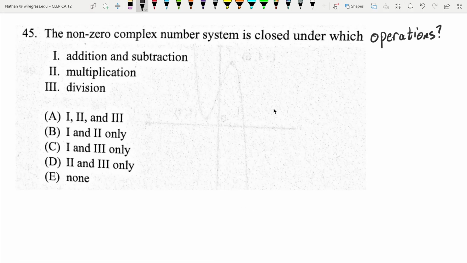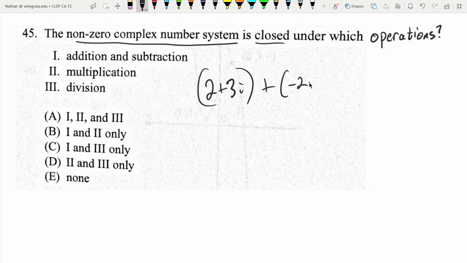So this problem is incorrectly written. First off, it says the non-zero complex number system is closed, meaning that whenever you do these operations, addition, subtraction, multiplication, division, in the non-zero complex number system, you get another non-zero complex number. That's what closed means. And this is not true for addition and subtraction, because I can do 2 plus 3i